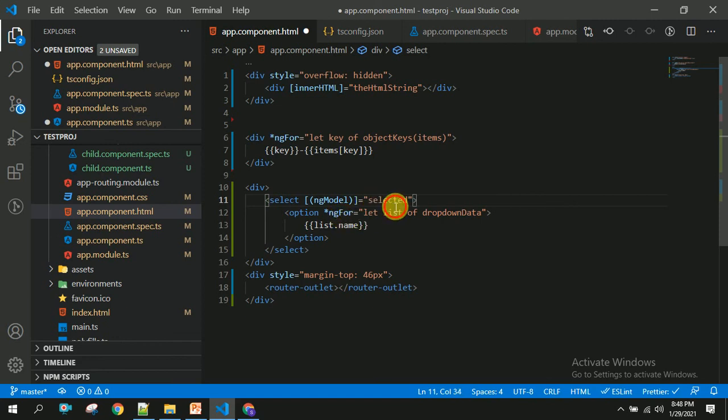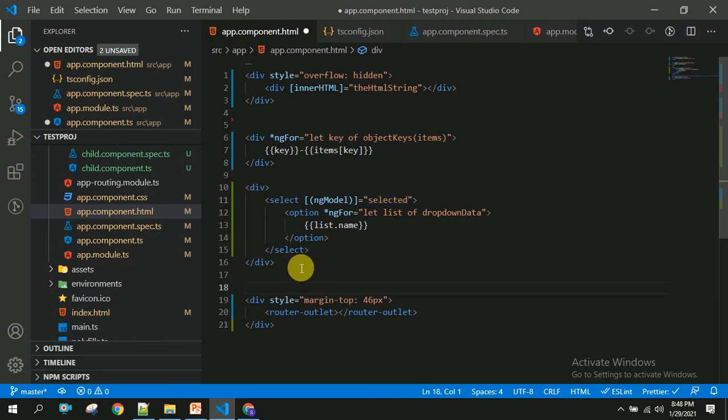Whatever the variable we have created, it will hold the value once the user selects that.